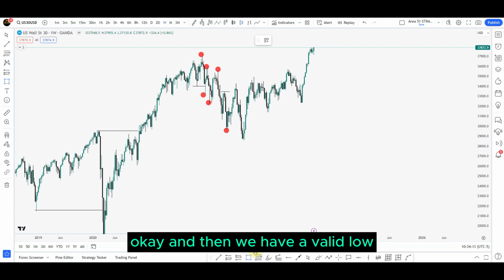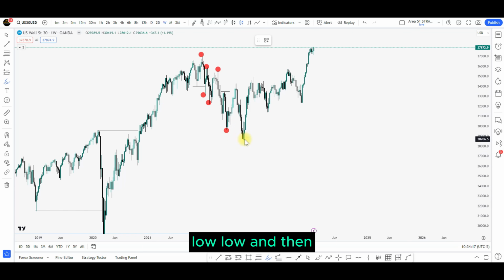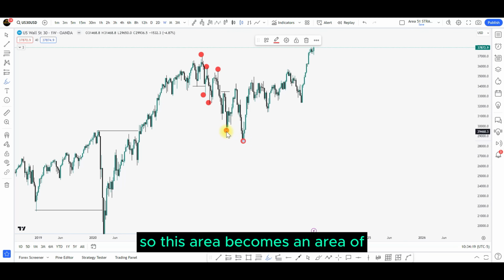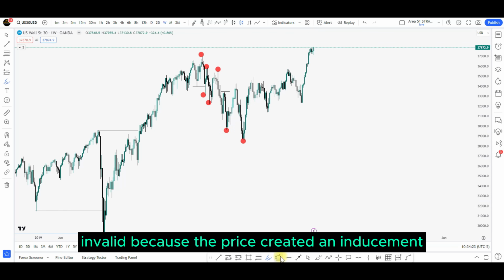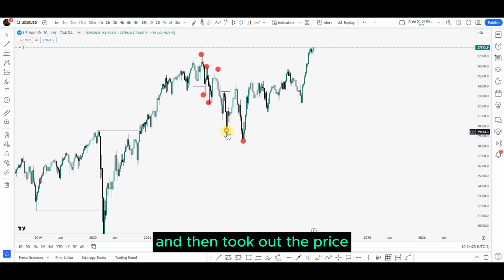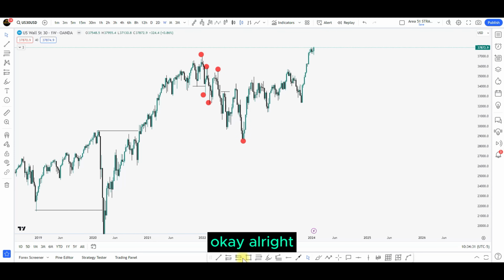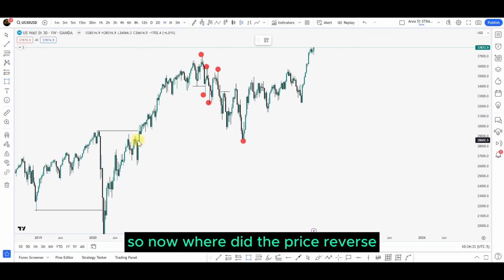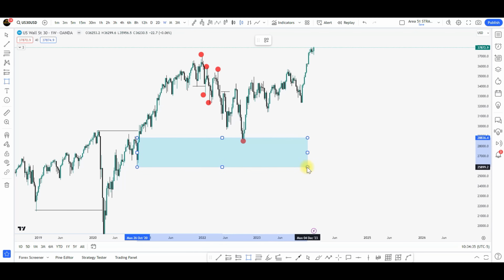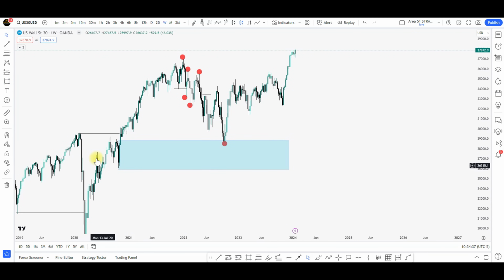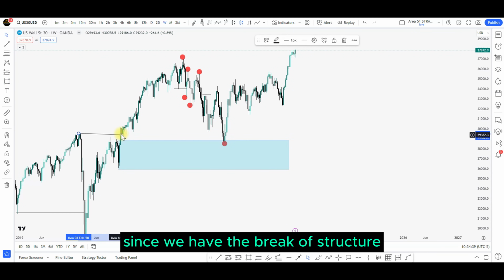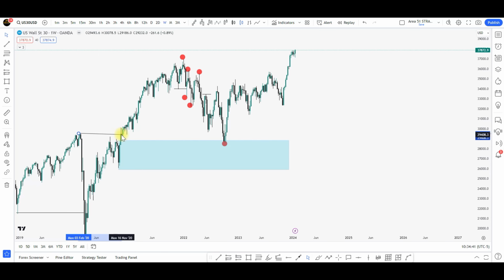Okay, and then we have a valid low, low, low, high, low, low, and then right there. So this area becomes an area of invalid because price created an inducement and then took out the price. So this entire move will be one move. Okay, all right. So now where did the price reverse? Price reversed from this area of demand, since we have the break of structure which price closed above